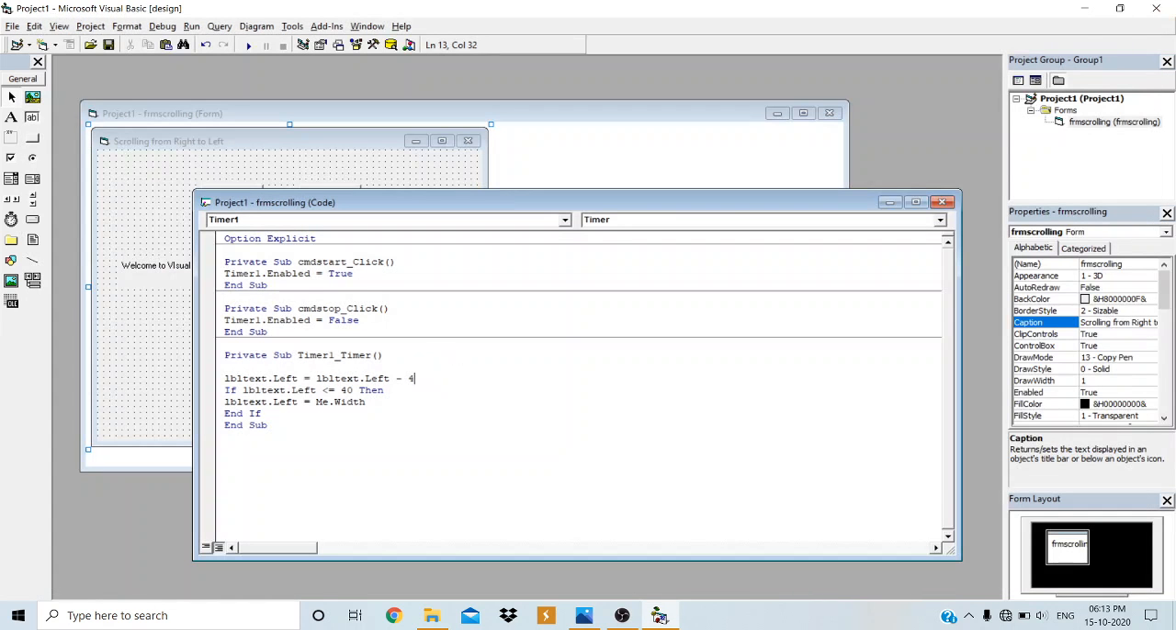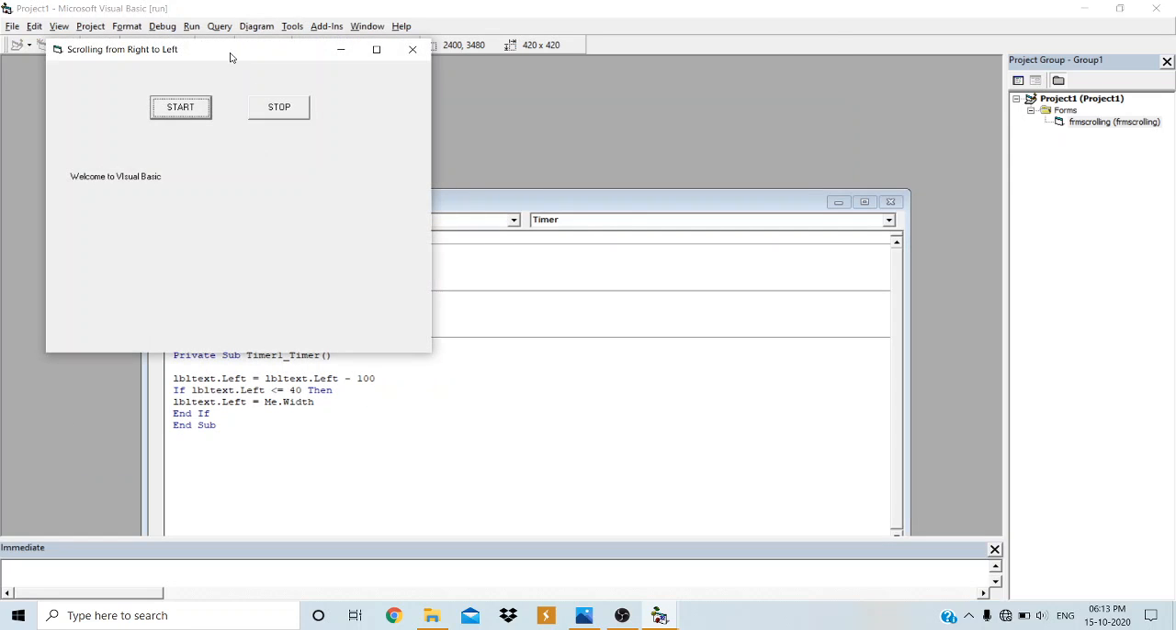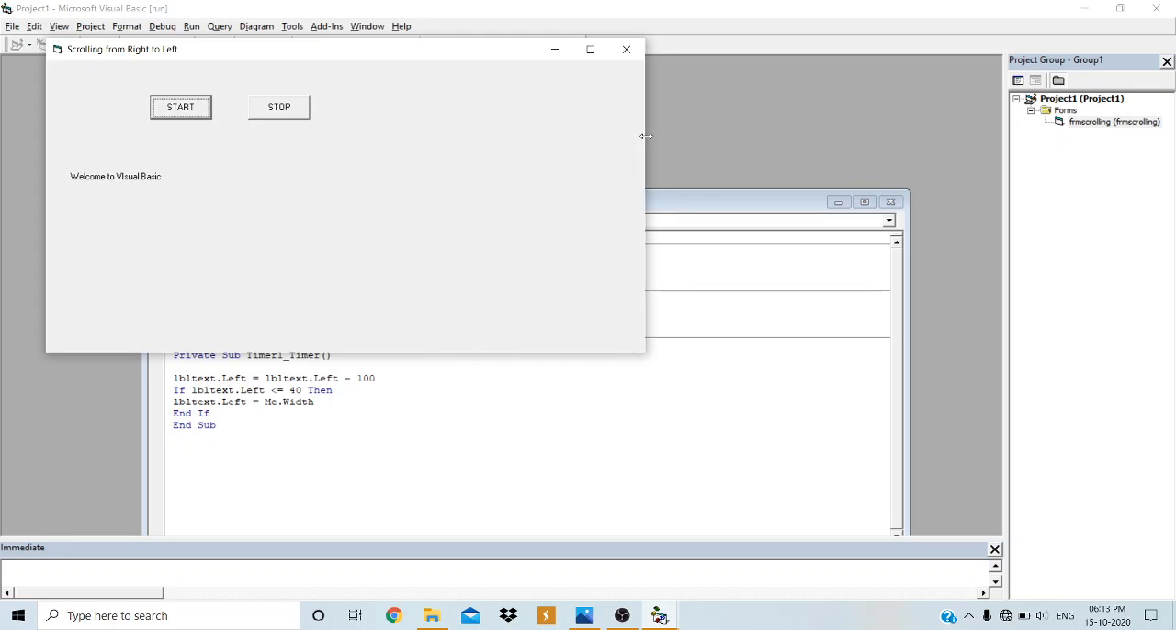Now one more thing, I will just set it to 100 itself. Okay, now when you run the application, you can either increase the window size or maximize it. It works fine because we have written the code based on the width of the form. But initially, the label is appearing somewhere here. If you want this label to appear here, then what you can do,